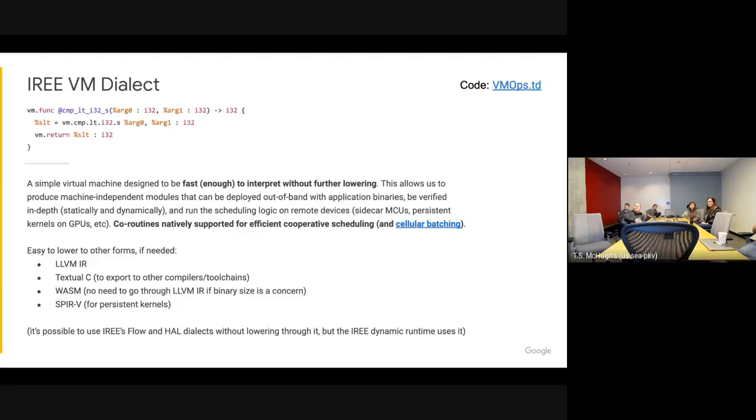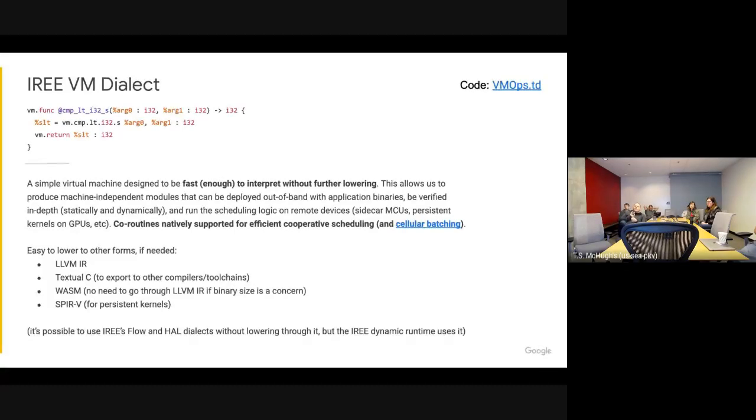And so finally, we have this VM dialect, which is just a virtual machine, so it can do basic math. It lowers from standard ops, std.add and std.mul and things like that. And this is what a lot of our shape math, computing buffers, and control flow ends up as. The real goal here was to provide a restricted subset of the IR before we go to LLVM IR and have an uninspectable soup of possible memory operations and stuff.